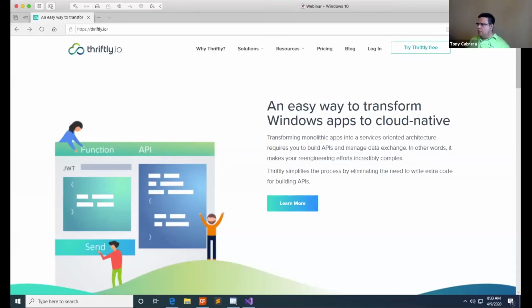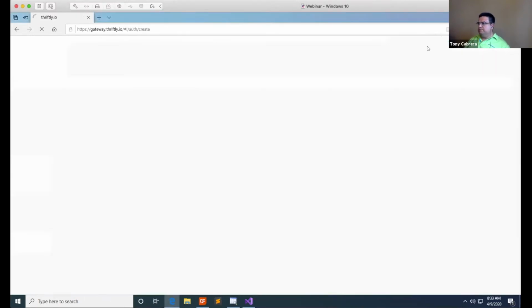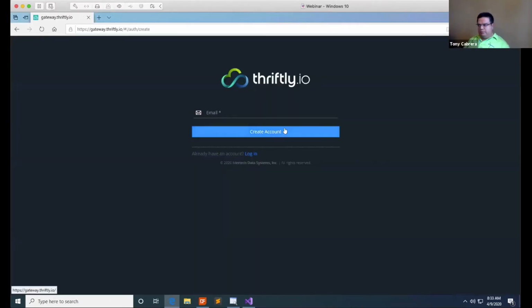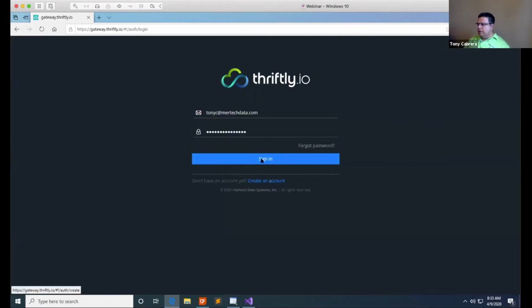So first thing that I want to do is briefly go over how you can get Thriftly, how you download it and set it up. And it's very simple. You can just go to thriftly.io and click on try Thriftly for free. And it's just a normal create account that you have to confirm. I'm not going to do that because I already have an account. So I'm just going to log into my account